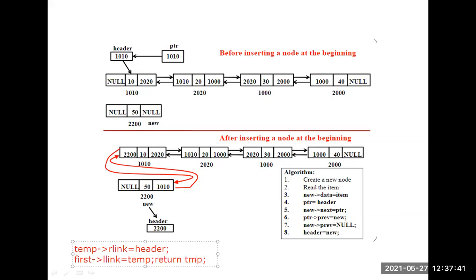So this is our code. Previously we considered temp. What is temp here?